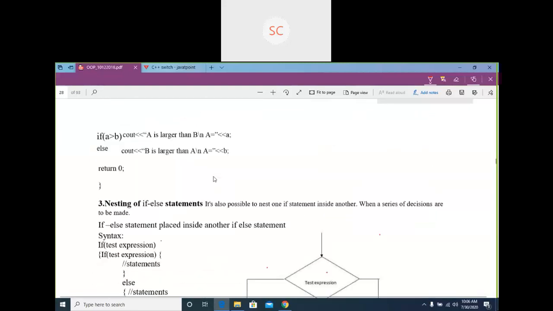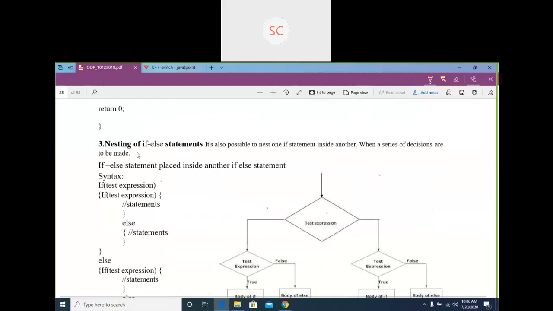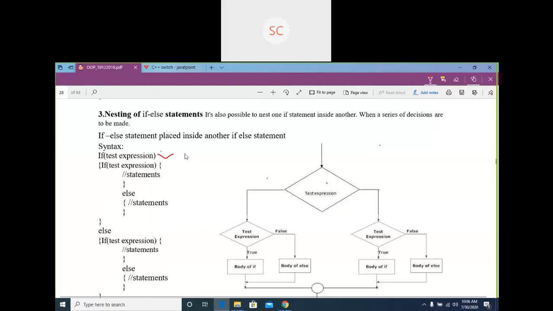In the same way we have nested if. In nested if, we are going to write one if inside another if. That concept you can call nested if. Here you can see this is the first if statement. For this if I have one else statement. Within this if condition I have one more if. Based on this condition, this block of code is going to execute. If this condition is false, the inner else block is going to execute.